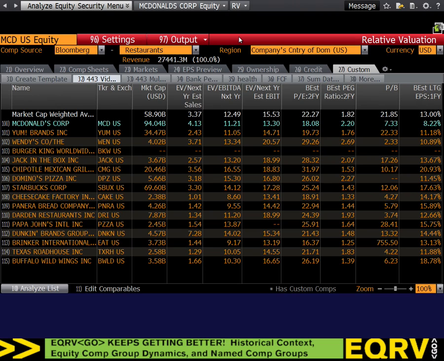Questions about any of this? So finally, premium or discount. Premium means the company's trading at a higher ratio, higher than the average, higher than its peer. Discount means it's trading at a lower ratio than its peer. Okay, so let's go McDonald's against market cap weighted average. You have 2 data points for EV to sales. What does that tell you? Now that we know what we know, what does that tell you about McDonald's versus the average of these companies?